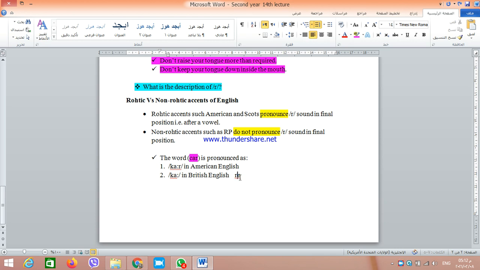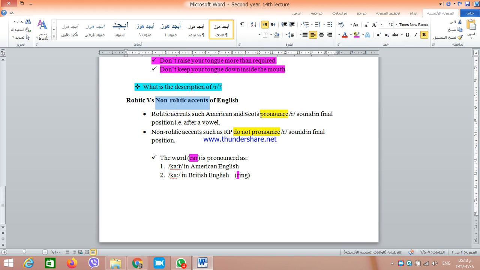Okay? Ring. Okay? We have the sound ra in this case. We pronounce it because it is before the vowel. Look, it's before the vowel. But if it is after the vowel, we do not pronounce it. This is called non-rhotic accent. Non-rhotic accent. So British English is a non-rhotic accent,